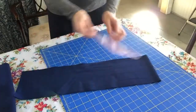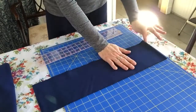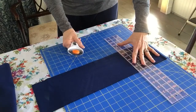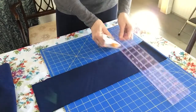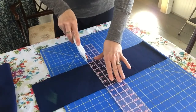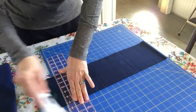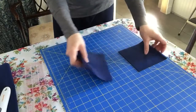Then you take your 6-inch strips, turn it long ways, square it up. If you square it here and here, you should be able to cut double the material. I just always count and make sure I have a 6-inch square. Line your ruler, both ends of your material, and cut it. And you'll need just as many 6-inch squares as you have for your material. You do have some scrap, it's no good. So there, I have 6 6-inch squares,